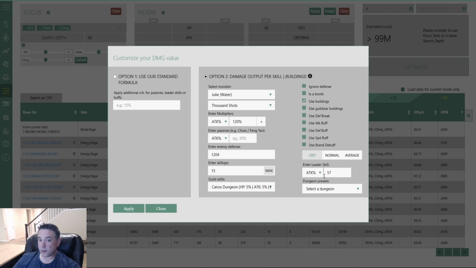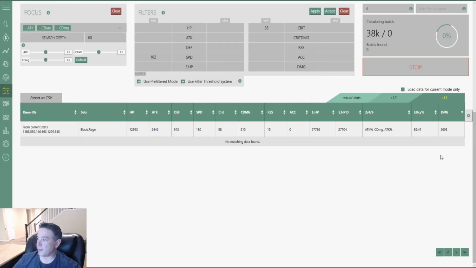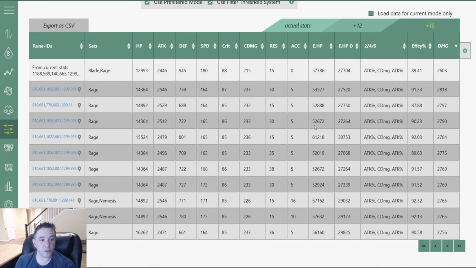And we do not want to use the dungeon preset because all that would do is change the defense to the boss. And what we're more concerned with right now is the waves. We're going to always assume a crit, so make sure crit is checked. And we're going to use our buildings. And because Julie is going first, there will not be any defense break. So we go ahead and hit apply. And that shows us that in my current build, Julie is doing 2,603 damage per hit for each of the 6 hits. Now, the highest damage set I can go to in a broken set is actually 2818,